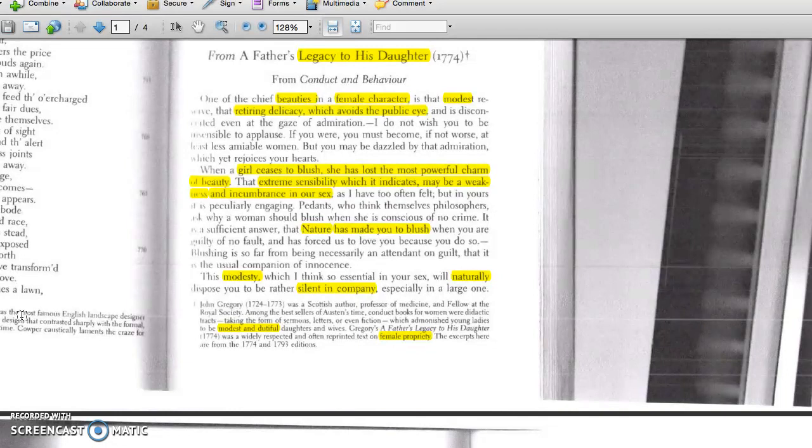That's the message. But we have to ask ourselves, what is at stake in this particular message? This is where we really start to get into the nitty-gritty of the text. When we wonder what's at stake, that's another of the what questions. In this case, what's at stake is marriage and sexuality and what kinds of wealth and riches are tied up in marriage. Essentially, Gregory doesn't want women tossing around their availability willy-nilly. He wants still to be able to control